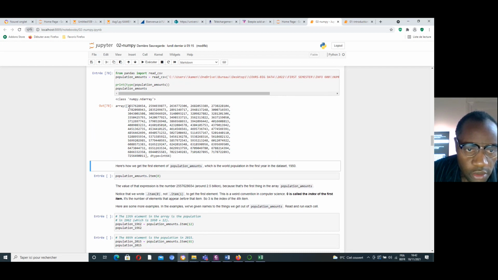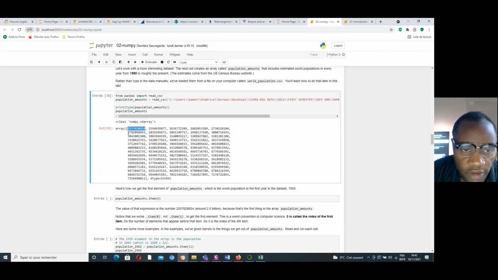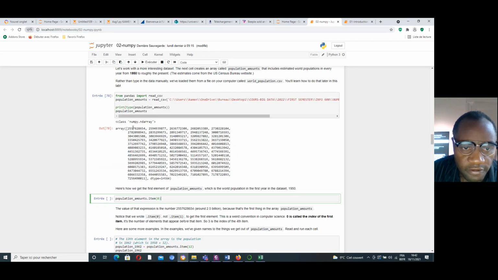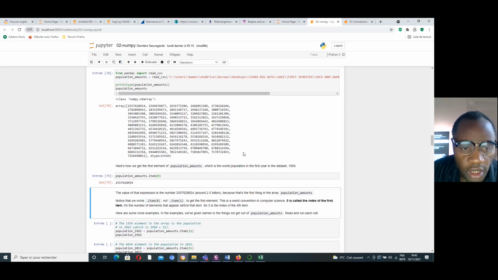Okay, here is the value for 1950. Here is the value for 1951, 1952, 1953, 1954, 1955, etc. If I want to print just the first value, I can do that.